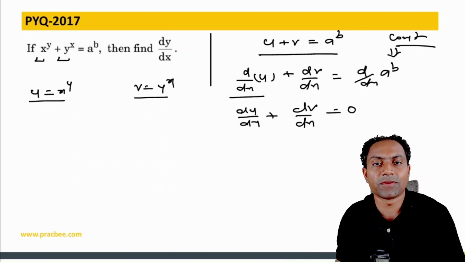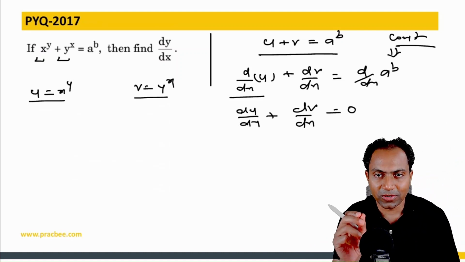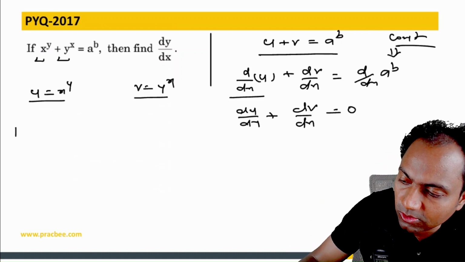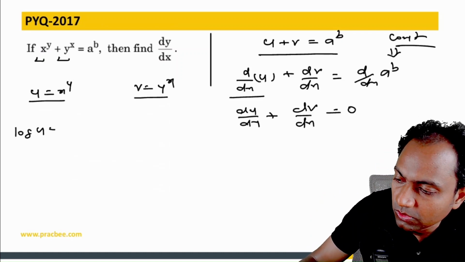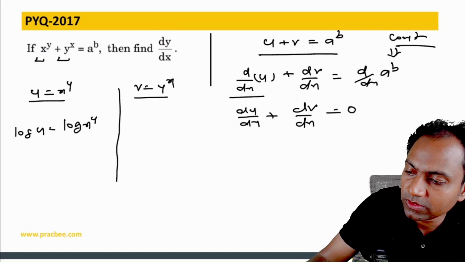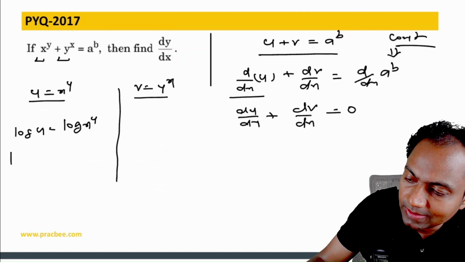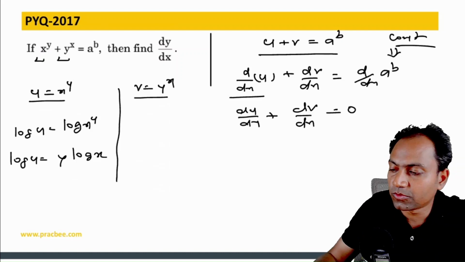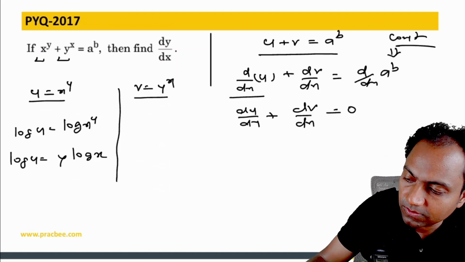So now our life will become easy, because direct log we cannot apply on a positive sign. So this we have done. Now in order to do this, we can take log on both the sides. So log of u will be equal to log of x raised to the power y. If I do it for the first part, I can write this as log of u is equal to y times log of x. And now if I differentiate both the sides, what I have got is nothing but d